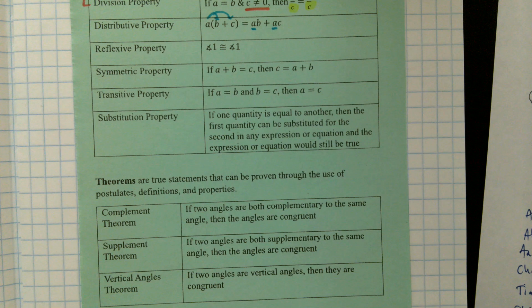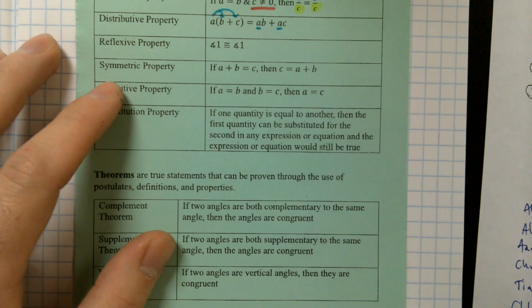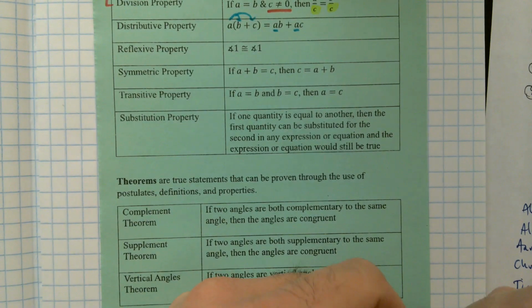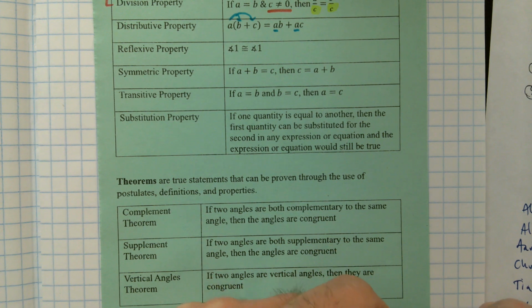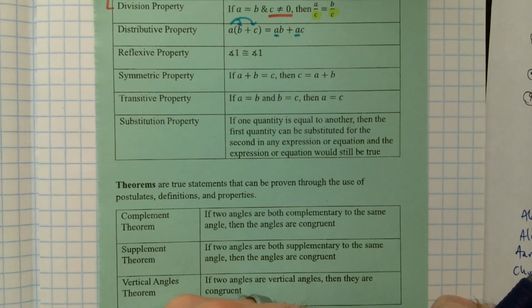NBA players are rich, right? LeBron James is in the NBA, right? Therefore, LeBron James is rich. That's the transitive property. Okay, we don't have to talk about height. That gets a little bit messy. Tyler, did you have one that doesn't have to do with height? I think so. It was like you have like... never mind. Okay. There's tons of different examples. That's just the first one that I always think of.